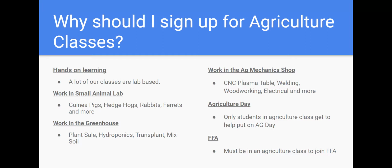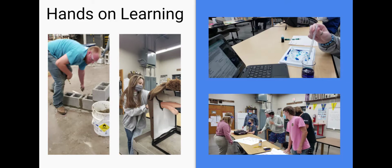You will have an opportunity as you advance after agri-science to sign up for some agricultural classes where you'll get to work in the ag mechanics shop. There we have a CNC plasma table. You'll have an opportunity to do some welding, woodworking, electrical. And then Ag Day, you'll have an opportunity to help us plan and be a part of our agricultural day that we try to promote, and you'll learn more about that. And then also, if you want to be a part of FFA, then you need to join and sign up to take agri-science. So here are some pictures of some of the hands-on learning opportunities that you might get